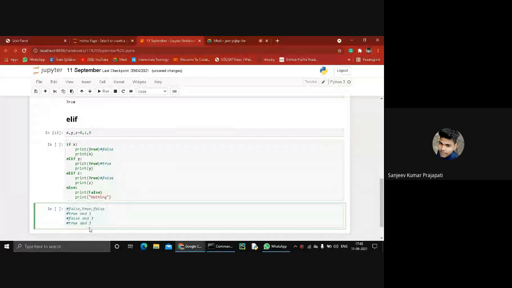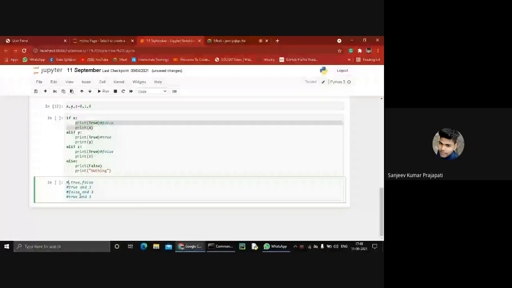Okay, so I'll explain the statement. In the first statement we declare three variables x, y, z, where y is 1 and z is equal to 0. The value of x is 0, so the first statement is false. So there's nothing to print in my console screen and this cell. This statement is false, so it goes to the else part.